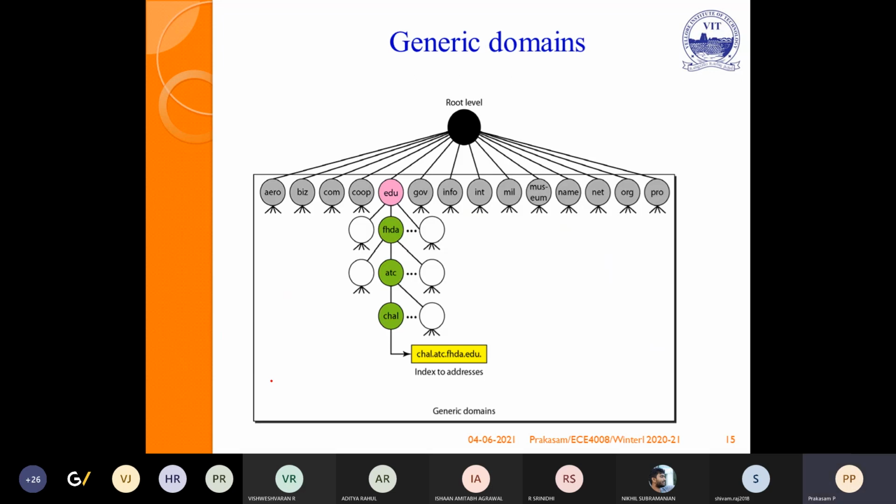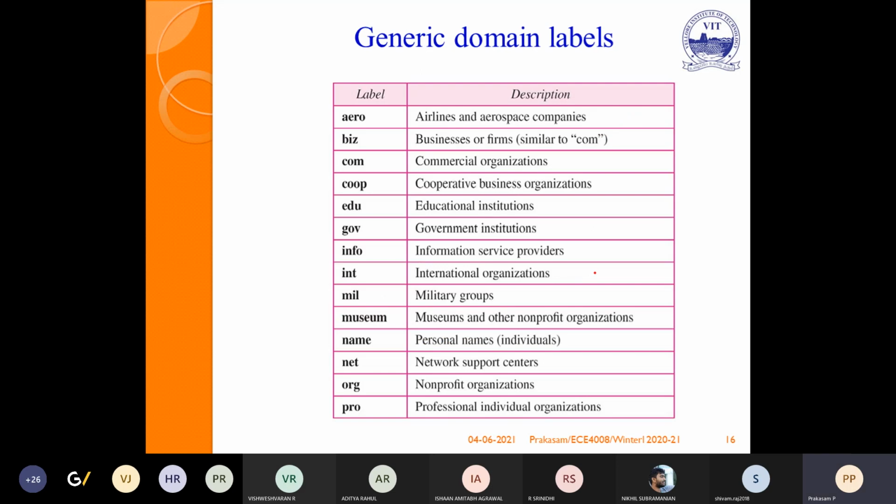Generic domains are .com, .gov, .edu, .info. .gov is a general domain. If it is .gov.in, then it is a country domain. Like yahoo.com is a general, generic domain, while yahoo.co.in is a country specific domain. .org, .net, .name, .mil, .int, all these are generic domains. So these are a few examples.